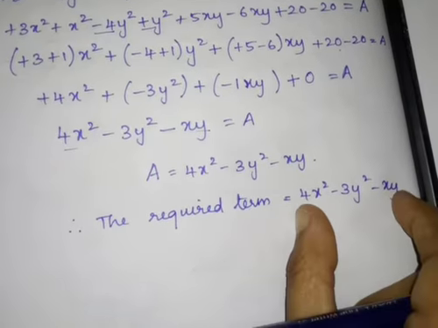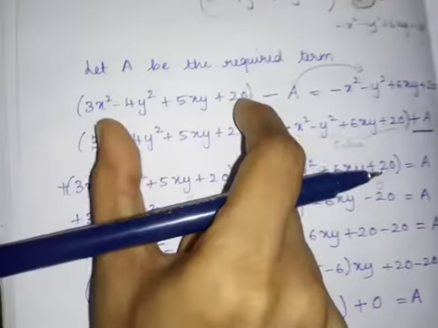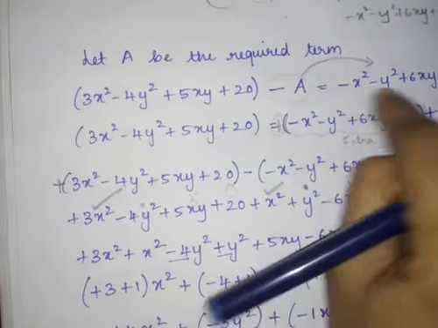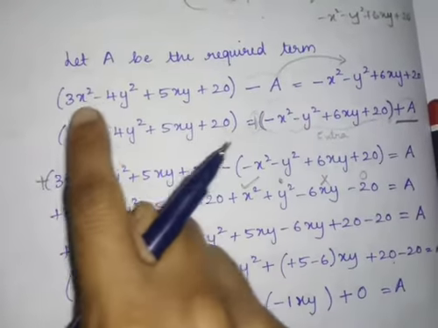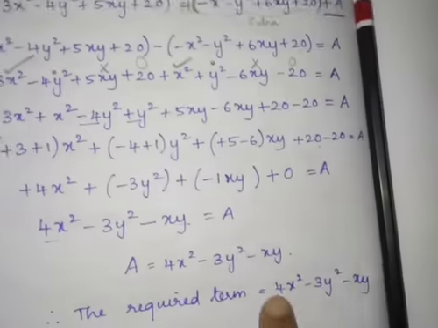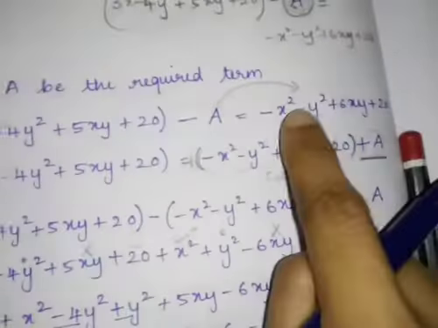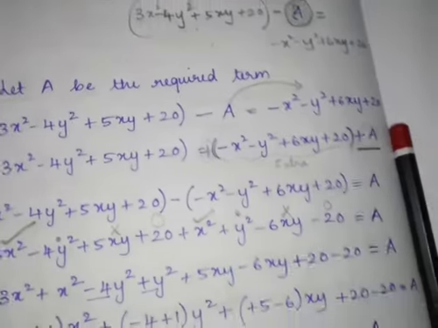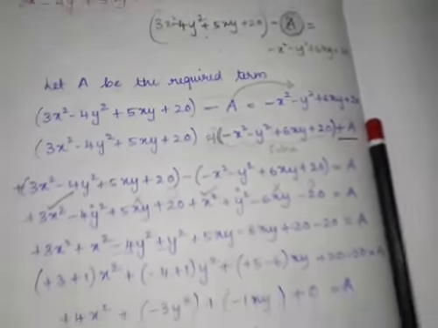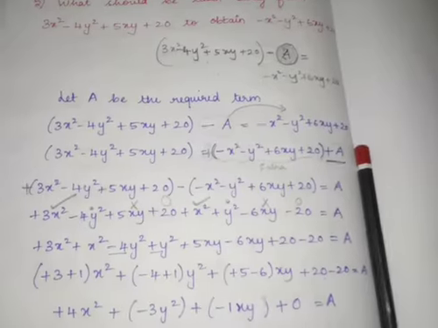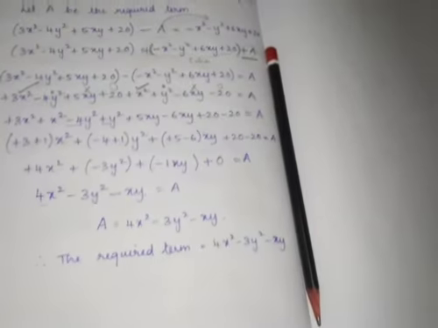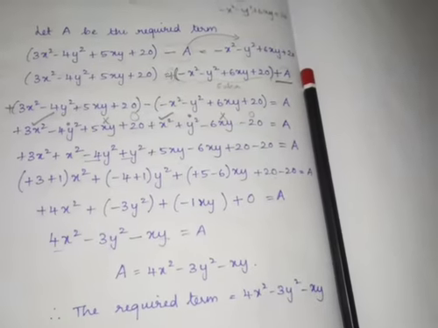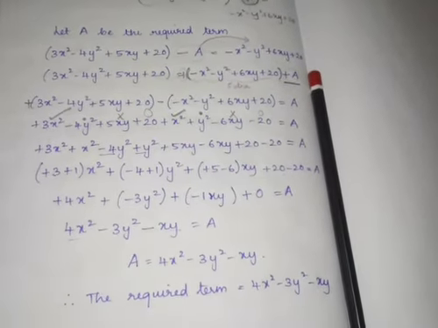So this term is subtracted from this term, and we will obtain this answer. Okay, so I found the value of A. You can subtract it and see. This term minus the given answer, if you subtract, you will get this. So our answer is correct. Understood? So it is very easy, like the last fourth problem, second subdivision. This is also the same thing. So you can work out more problems so you'll understand more clearly.